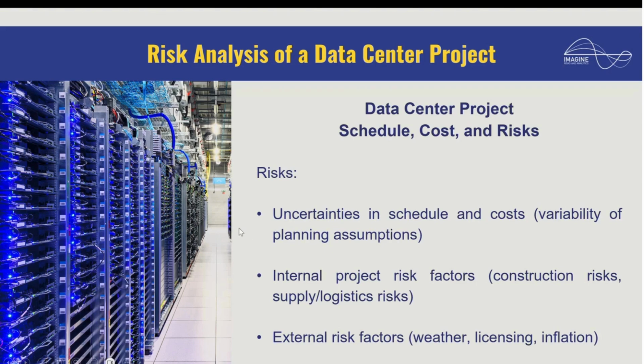So I have at least three sources of risk here. Variability, which is natural. Even if no event occurs, there will still be variability, either because you do things differently from what you planned, or because you can't foresee everything perfectly when planning. There's no way to run away from this. Internal project risk factors, things that are part of your project that may require rework or some extra cost or time to perform. And external things that are not part of your project, but may affect it, okay?